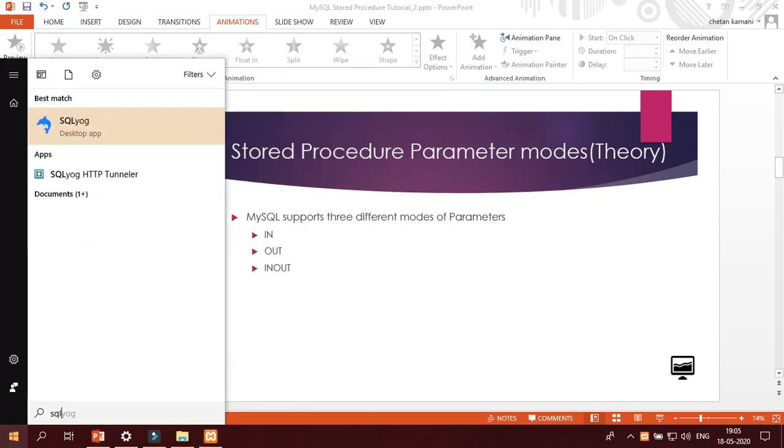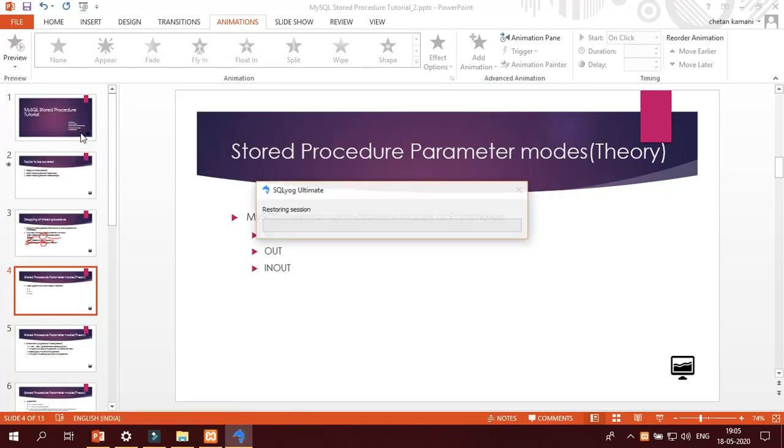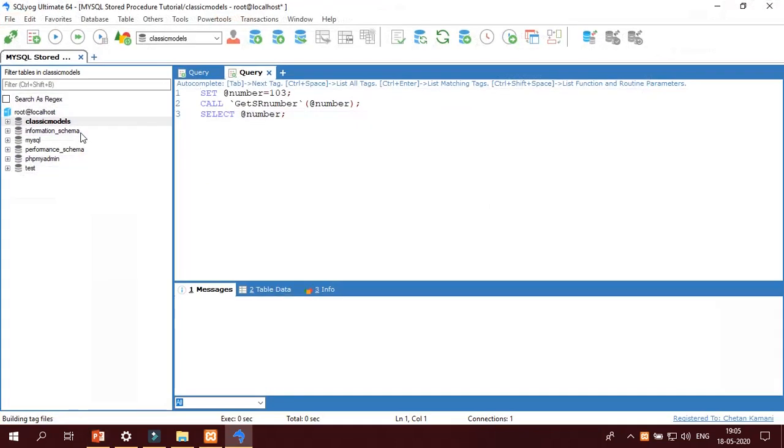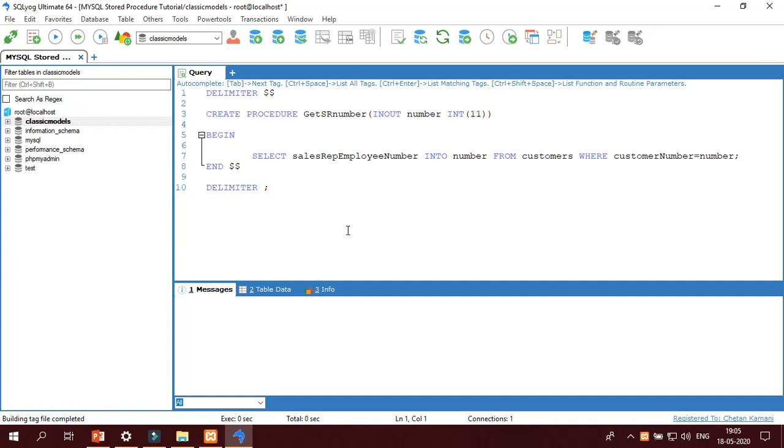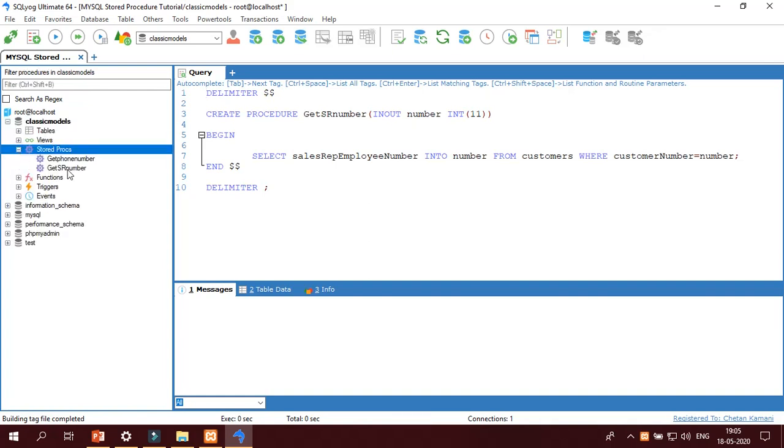Then I have to run SQLyog. It is directly connected with my database, so no need to create a new connection. If you do not get this screen, then you have to connect it with your database.